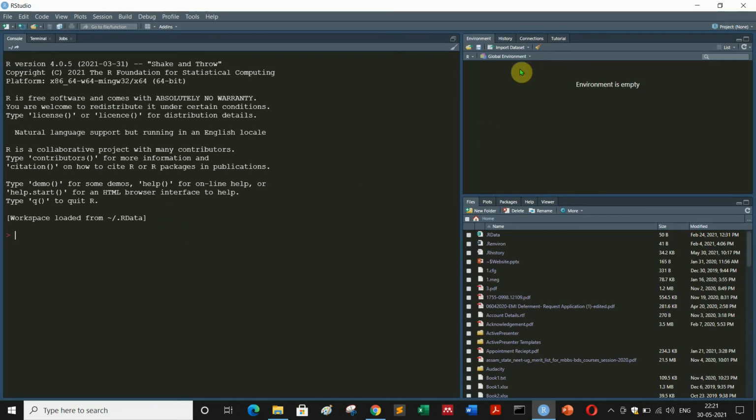And this environment, on the right side you can see two panels. One is environment, then there are multiple sections over here: environment, history, connection and tutorial. So in environment, whatever files you will be importing will be visible here. And then on the downside of that you will see the files. So whichever directory you are opening in the present while using the Rstudio, this will show the files